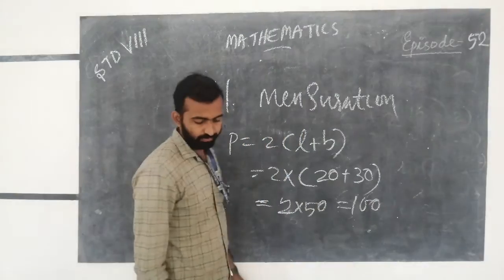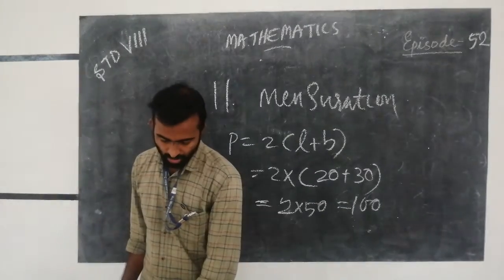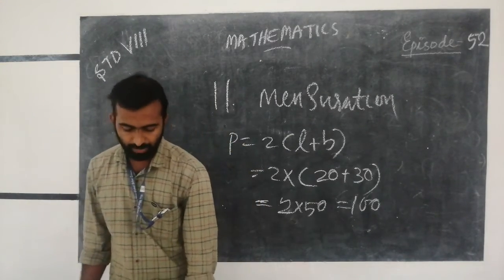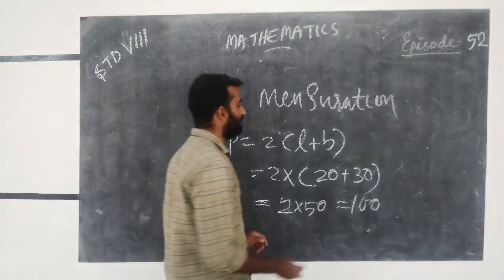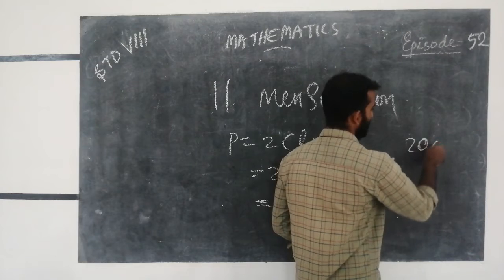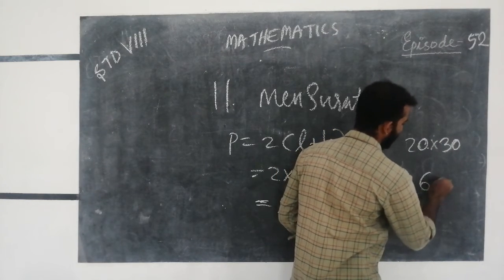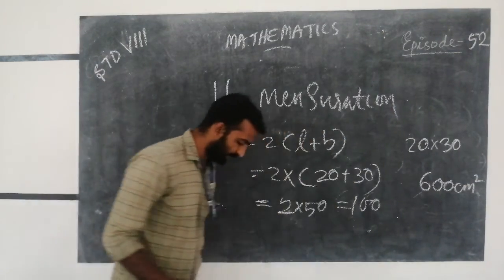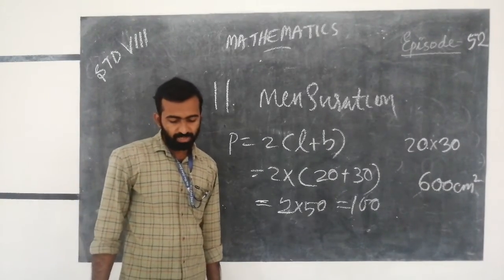That is 100. And next, second question is how much land is occupied by the park? That is area equal to L into B, that is 20 into 30, that is 600 meter square. And next is the area of the